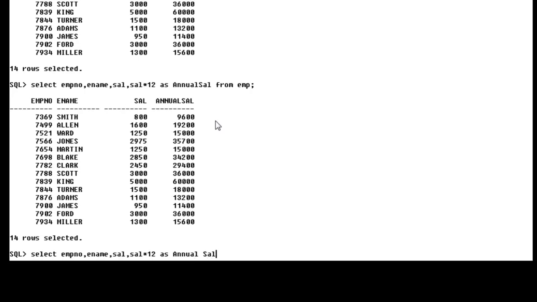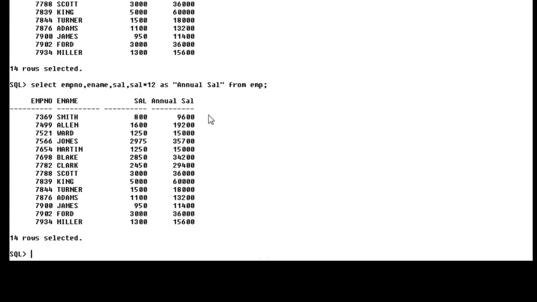Suppose I want to display annual SAL with a space, I have to use double quotes for the heading. With double quotes, annual SAL from EMP.